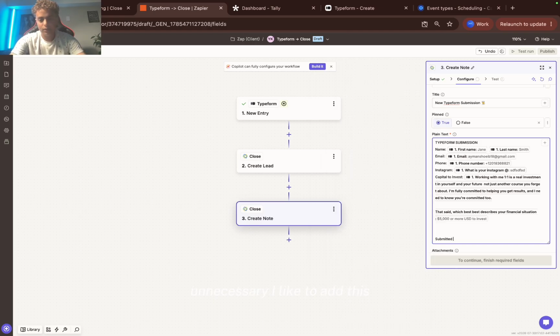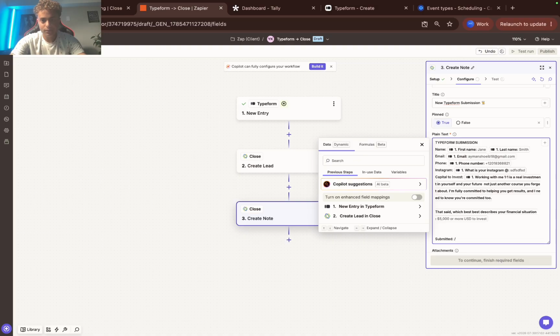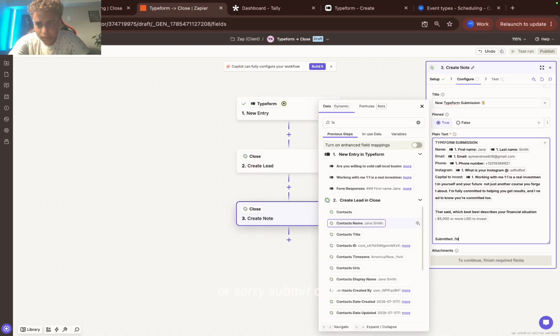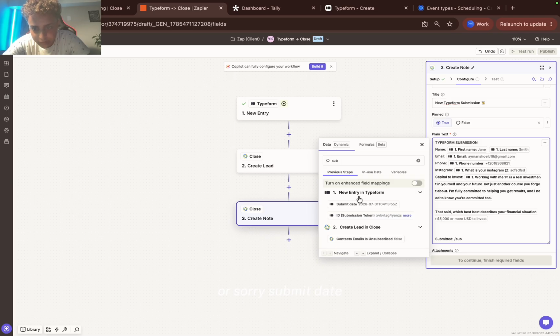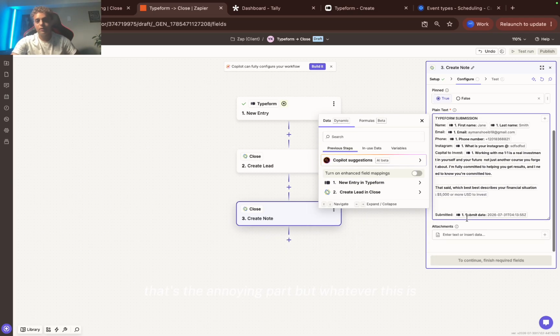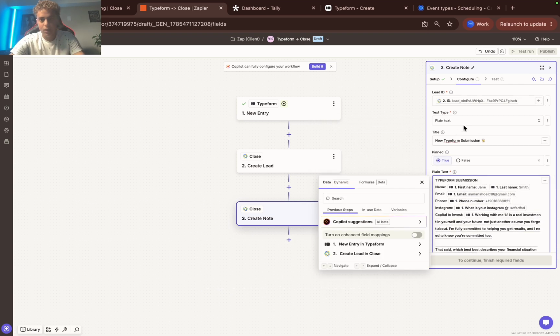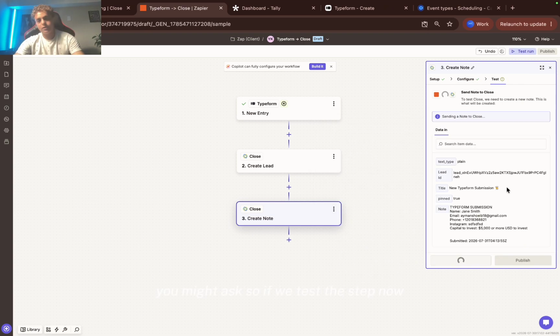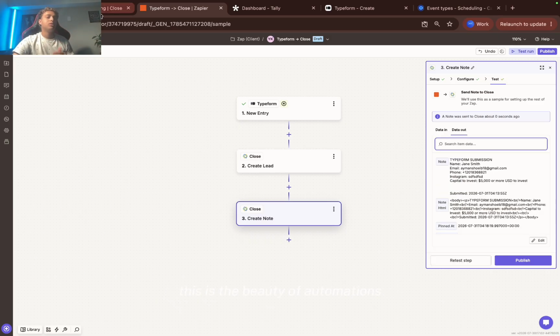I like to add this time, or submit date. You're gonna want to fix the date. That's the annoying part, but whatever. That's a story for another day. And then cool. So what is this gonna do? Well, you might ask. So if we test the step now, this is the beauty of automations and knowing what